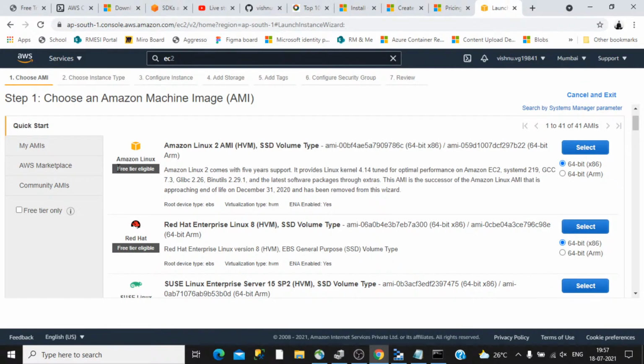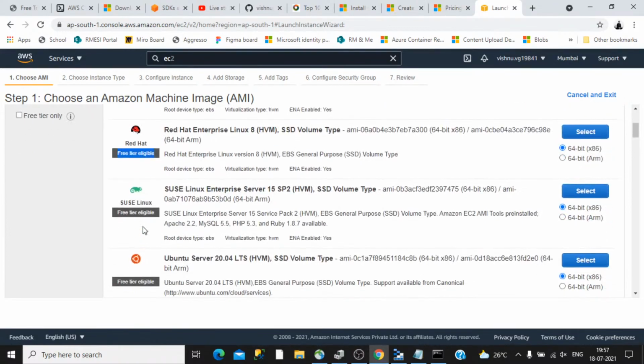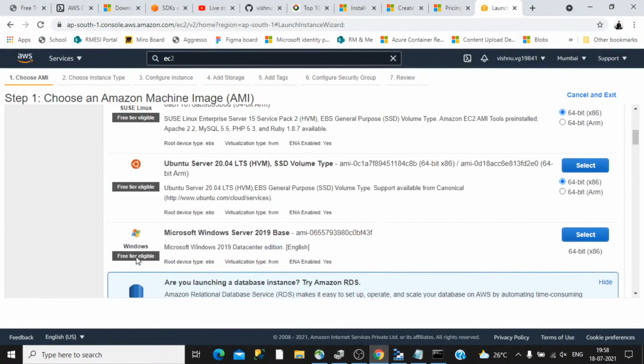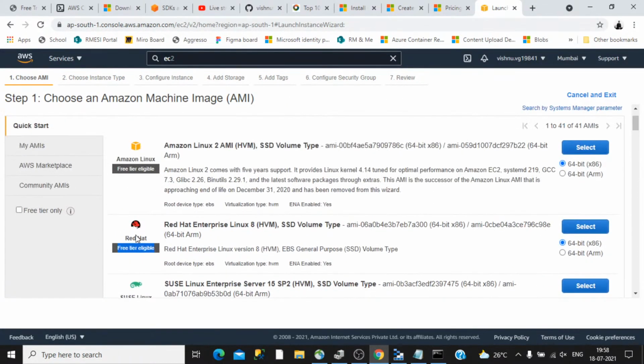If you look here, some of the services have this free tier eligible label. If you select this one, then you are safe. If you select something else, for example this Amazon RDS, this is a costly one, and you will get charged automatically. So you have to make sure that if you are using a free account in Amazon, because there is no concept of subscription here, you have to be extra careful. You can always select the free tier eligible one, so that you won't get charged.